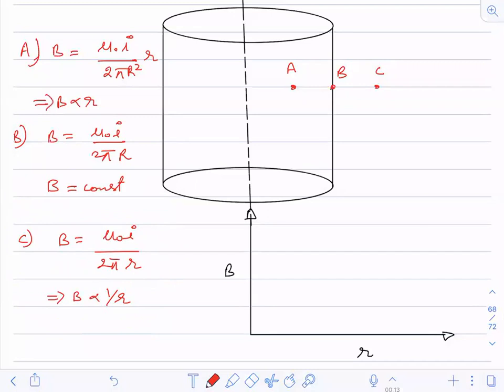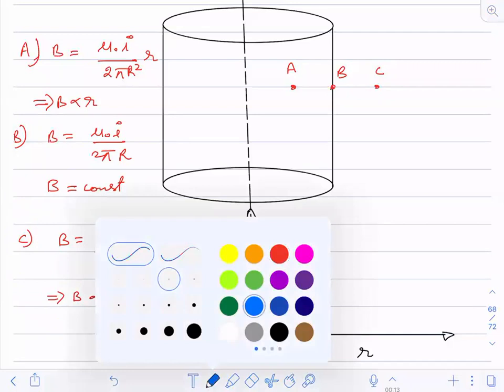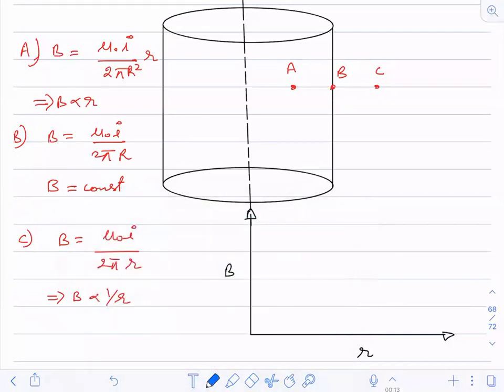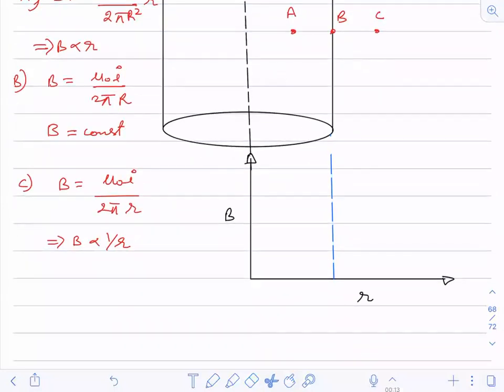Okay. We have drawn it before also, but all the 3 points we are covering here. See here, up to point A, it is directly proportional to R, and it will have its maximum value at the point when small r is equal to capital R. So this is small r equals capital R. This is the radius.